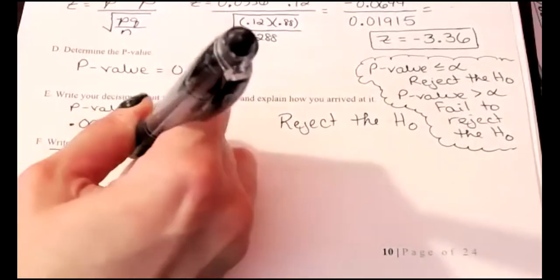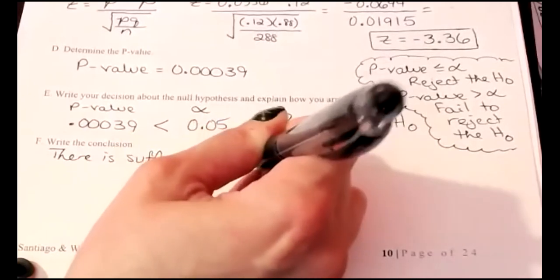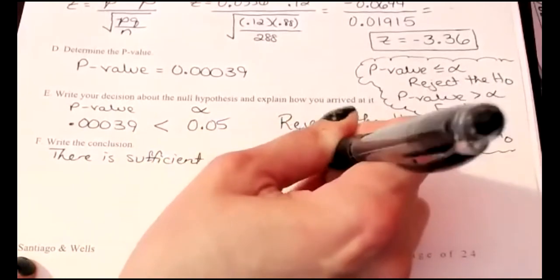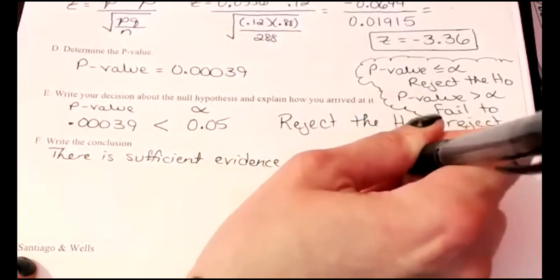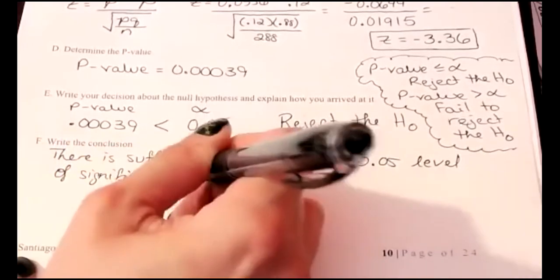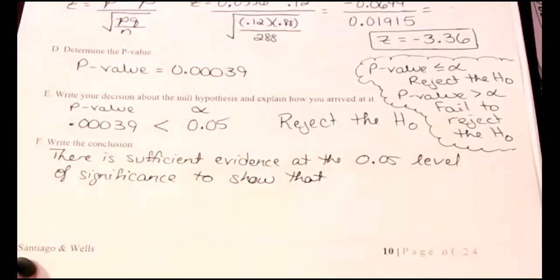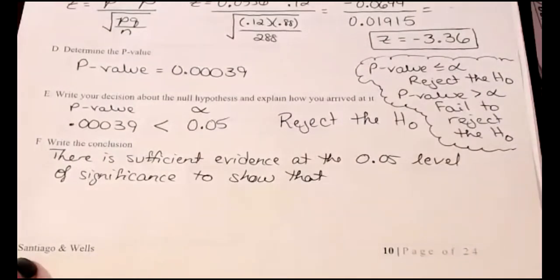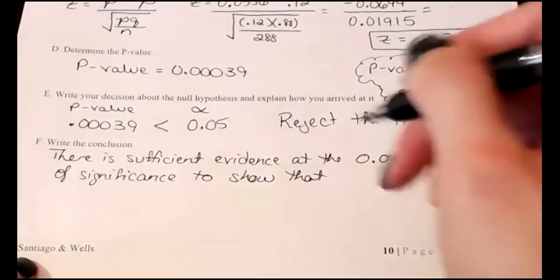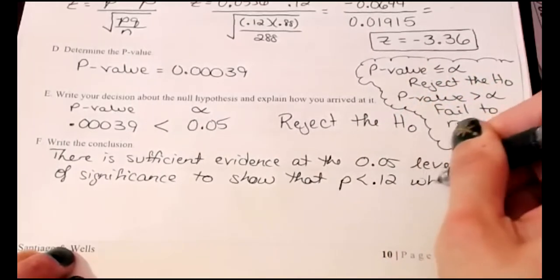There is sufficient evidence at the 0.05 level of significance to show that, now notice we're showing that the alternative hypothesis is valid, to show that P is greater than 0.12, which means,